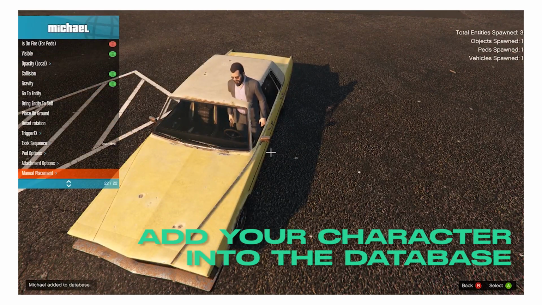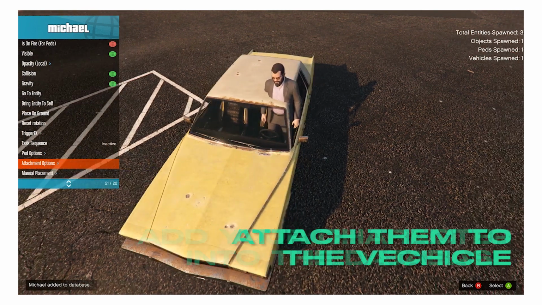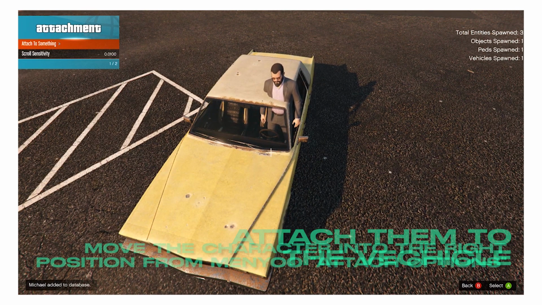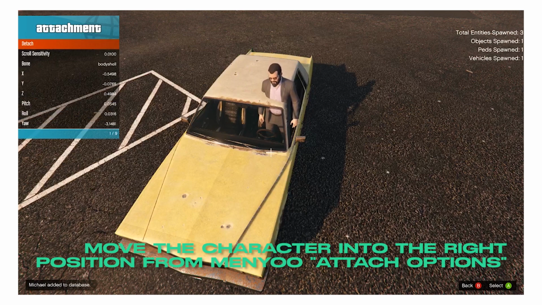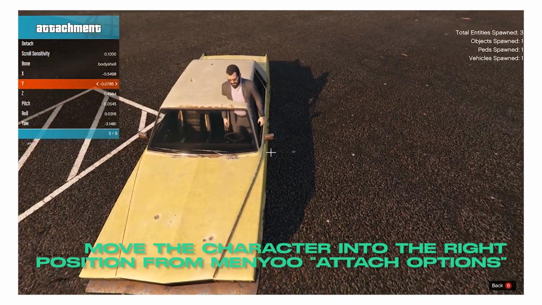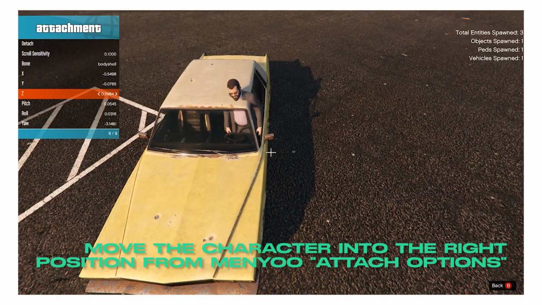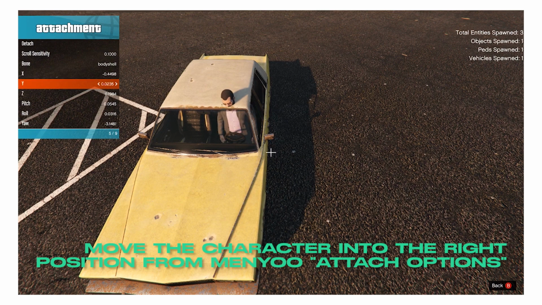And the next thing we do is we take our character, which is Michael here, we add him to the database and we attach him to the vehicle, so we can just set him up to the place where the animation needs to be. And then we start going through the attachment things and lining it up,